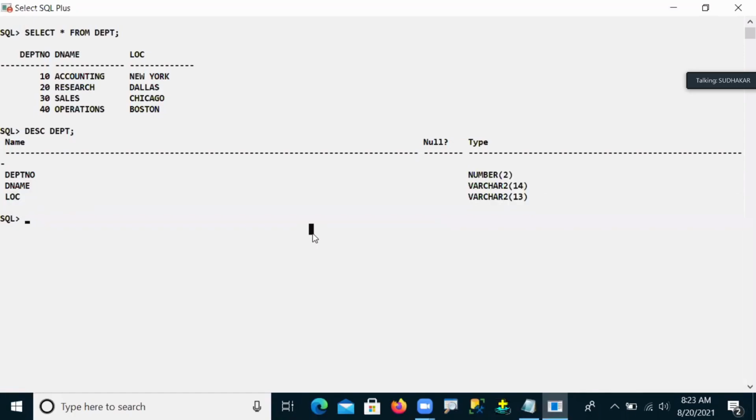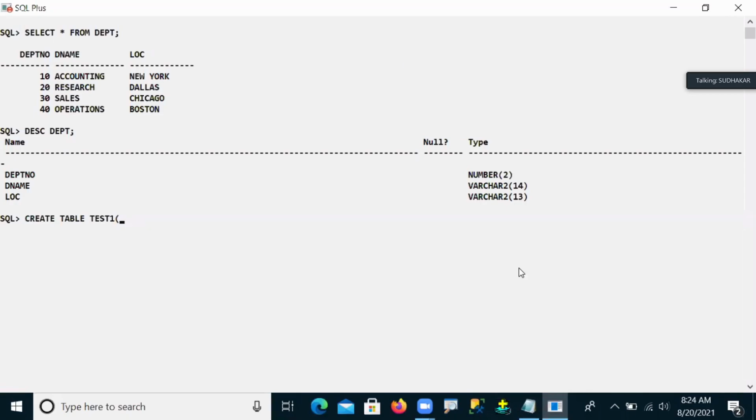Now let me create. So I'm creating, guys. Create table test1. Suppose I'm creating some tables, test1. And now here department number, department name, LOC. But here one thing: the same column names are not needed.